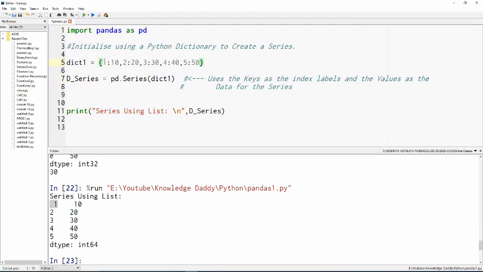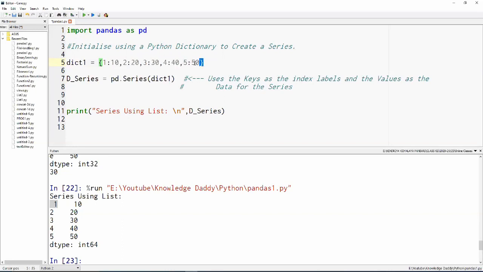Which are the keys here? 1, 2, 3, 4 and 5. These are the 5 keys. And what are the values? 10, 20, 30, 40 and 50.